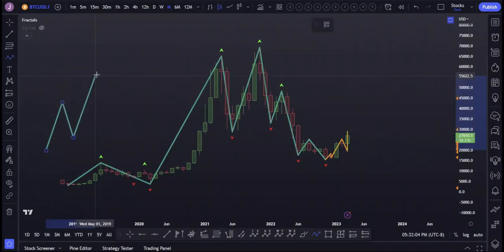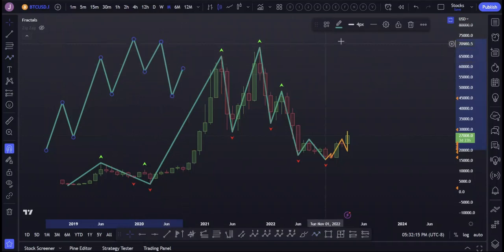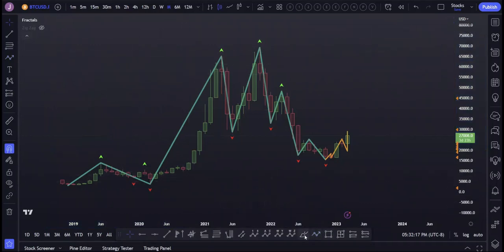So the areas where price completely changes direction: it's going to make its higher high, it's going to pivot, it's going to make its higher low, it's going to pivot, then it's going to make its higher high, it's going to pivot, right, and so on and so forth until the trend changes. Okay, so the fractals are very useful because they help you to identify when something is changing in the market,